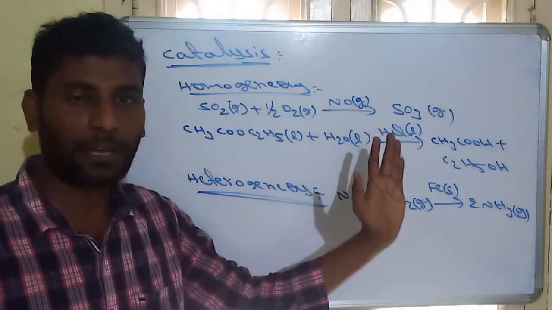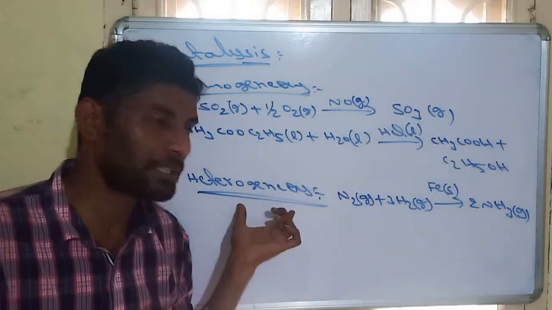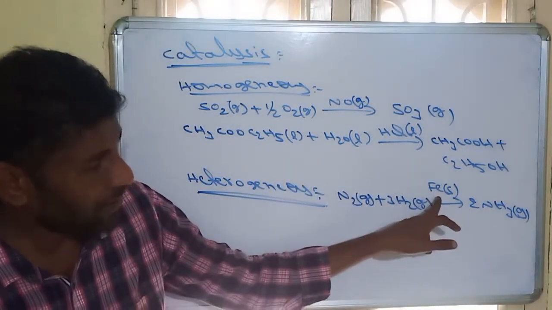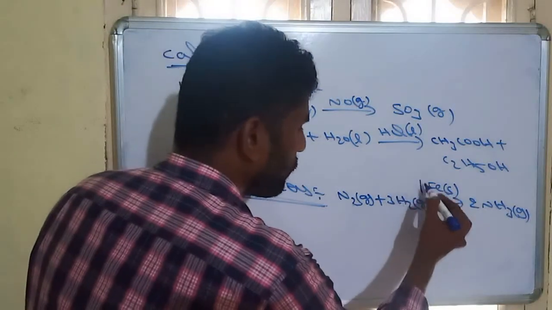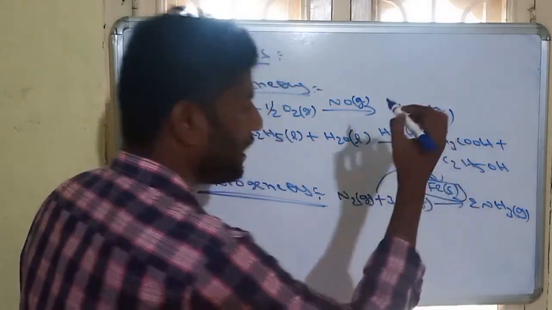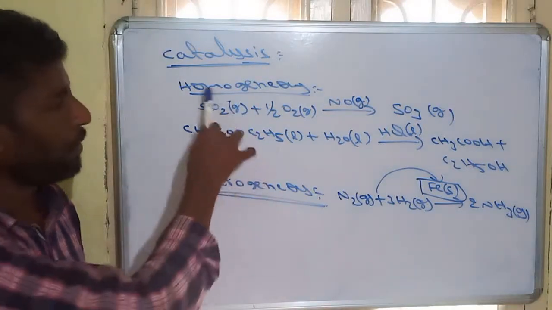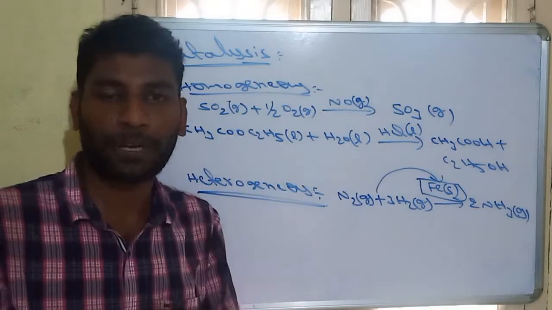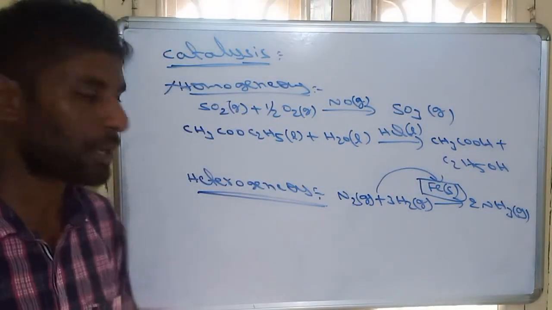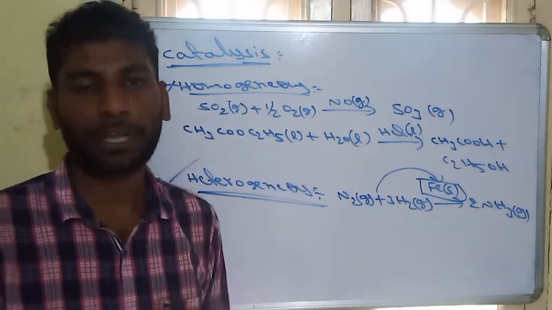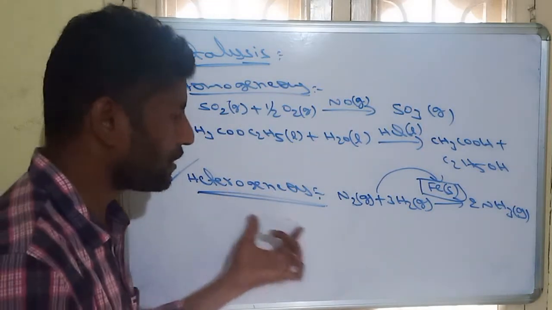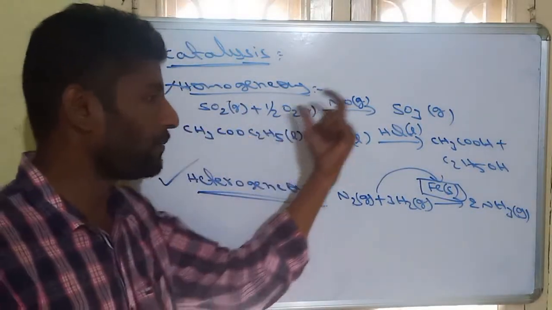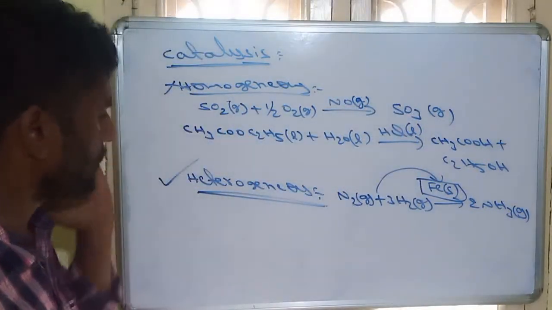In the last example we have seen that heterogeneous catalysis is an application of adsorption, because the catalyst is solid. On this solid surface reactants can be adsorbed, so that will be adsorption. But in homogeneous, all are in the same phase. Same phase means they can intermix, that will be absorption. So homogeneous is not adsorption, heterogeneous is the adsorption technique, remember it. Heterogeneous means catalyst and reactant are in different phases; homogeneous means similar phases of catalyst and reactant.